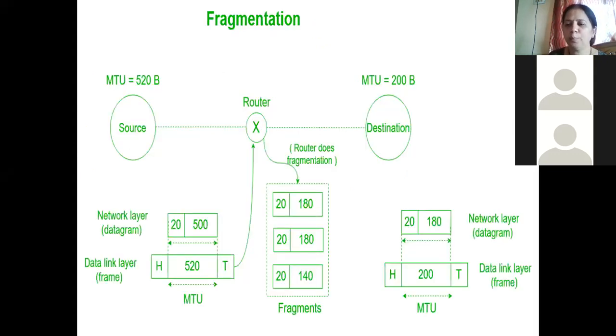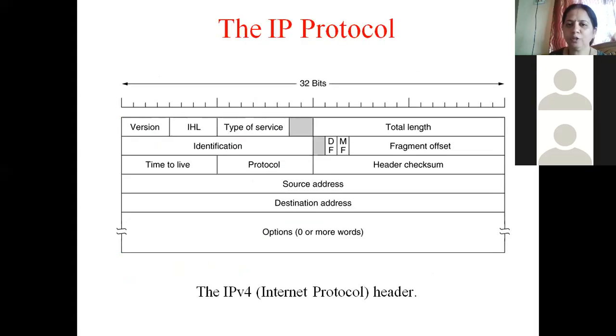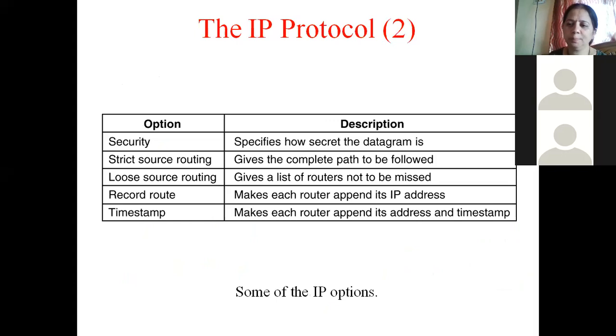Okay, I've told you the process of fragmentation with the help of an example. And then I have told you the header and the different fields that are there in the header. Why I'm repeating this again and again is because in the exam every year they ask you this question. Almost every year the IP header, there are marks for drawing the header and there are marks for explaining the fields. Then comes the optional part, which can decide security or protection for the packet, the route that has to be taken, the timestamp, whether it needs to be appended to the packet, and so on.